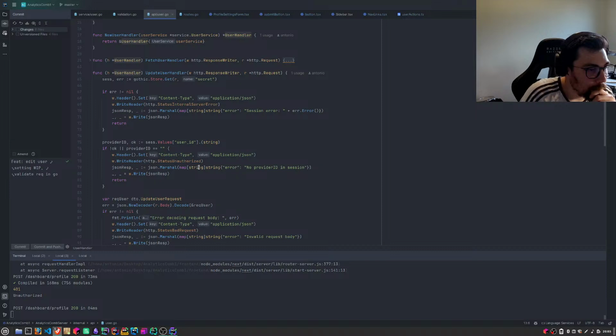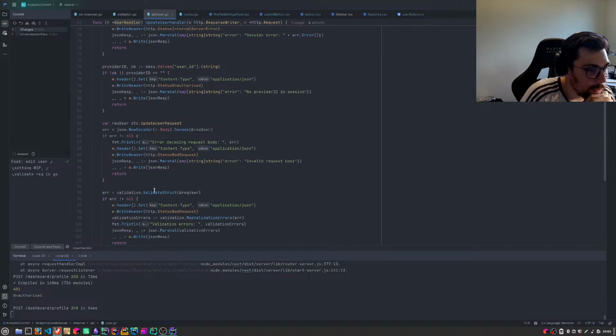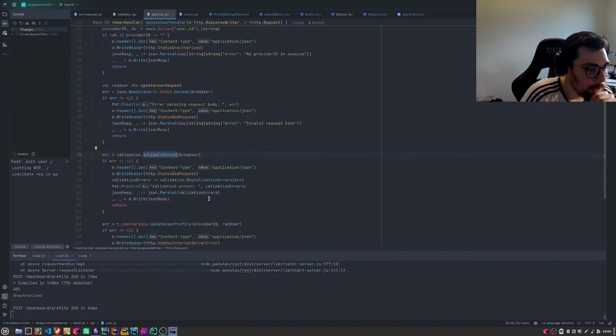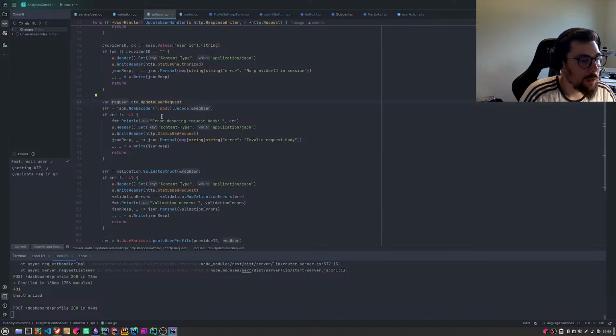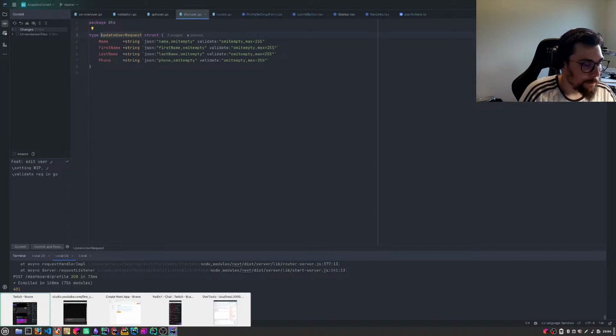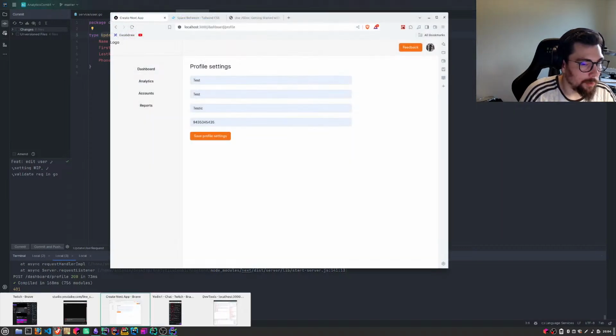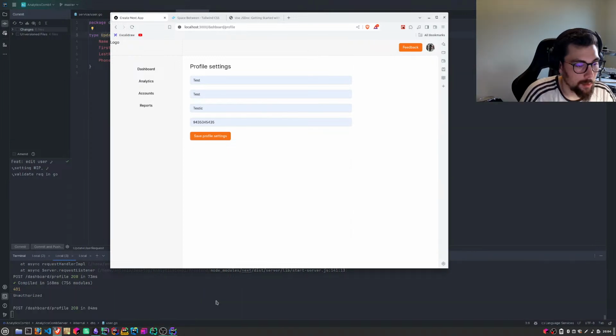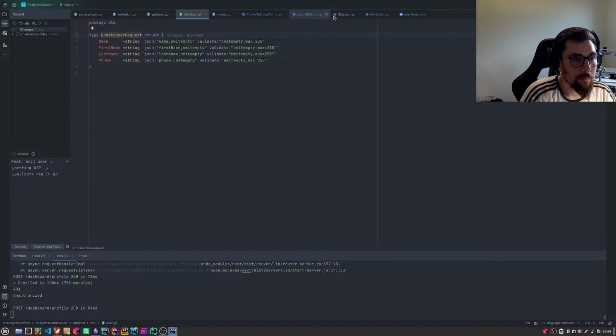Okay, let's see. And where do we do the validate struct? Yeah, here. Okay. And this is it. So I'll just handle a couple of errors now, and then a couple of general ones, I guess.